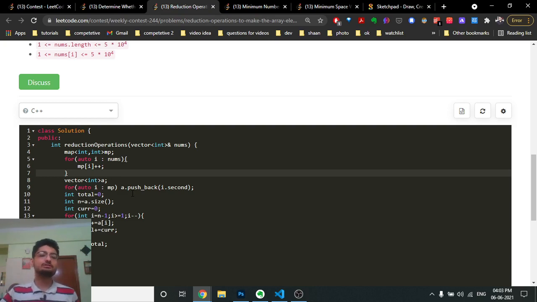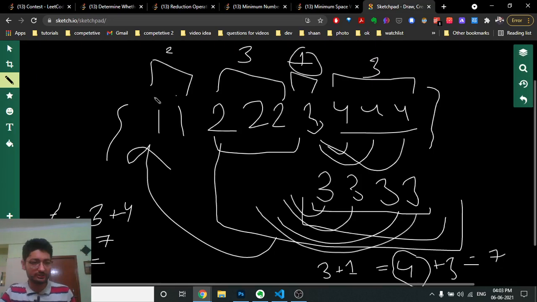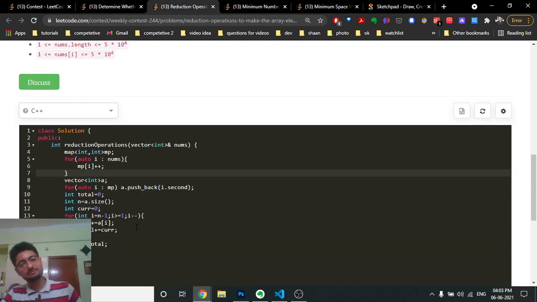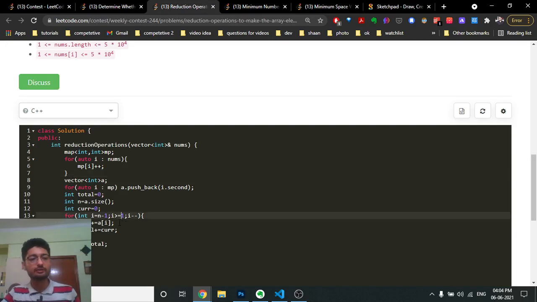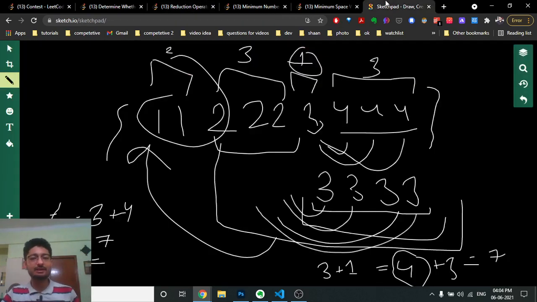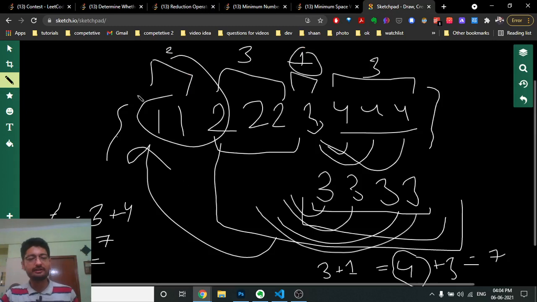So what you'll do, you'll start from the back and go to the second last element. Because we don't care about the first frequency, I hope you understand why we just make these numbers to this number. The first frequency does not matter. That's why we go from the last element to the second last, not 0. And we'll first find out the current number of elements we have to convert. So how many current elements are there? This total number of elements are there.